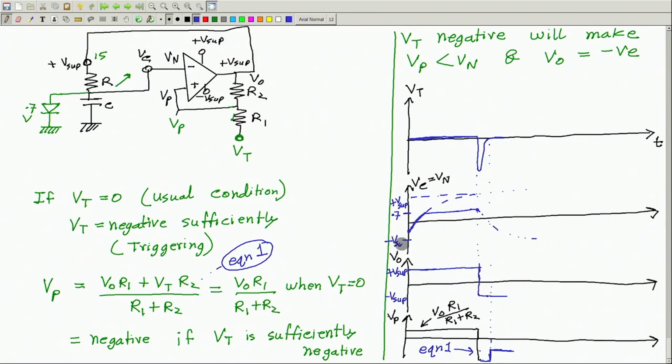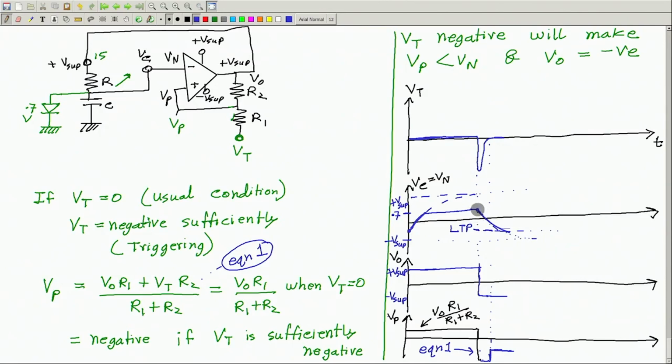It will try to come down to this value exponentially like this. But at some point it will reach the lower trigger point. If this line is the lower trigger point of this Schmitt trigger, and you see